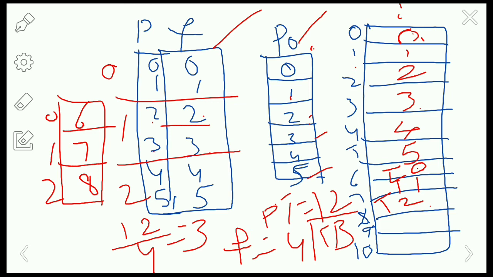So here what is happening means, we are again paging it into a separate page table. So this is called the outer page table. Okay, outer page table. This is the outer page table. Okay, so do you understand the concept here? So this is the main memory and we are having the pages. Okay, so here we are having 5 pages of the process P0, which are mapped to the main memory. Since the page table size of the process P0 is 12 KB, which is very large to store in a frame, which is only 4 KB, that's why we are dividing it into 3 parts here.